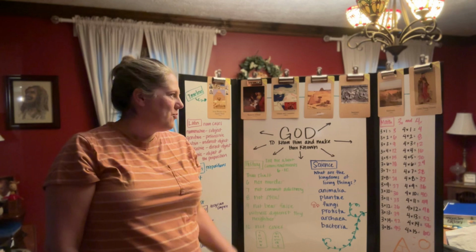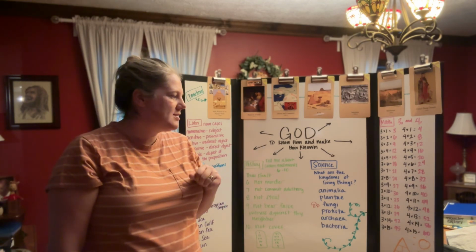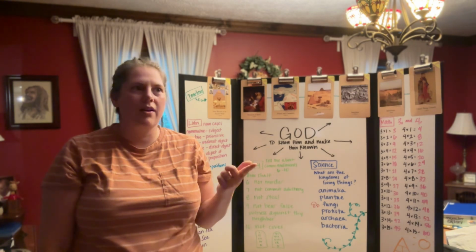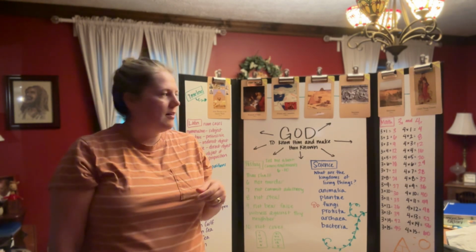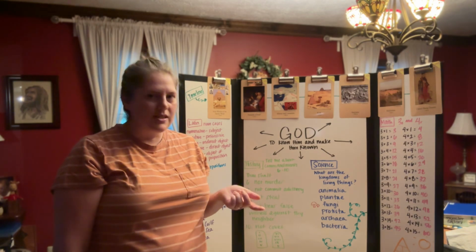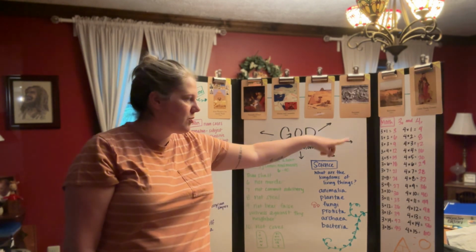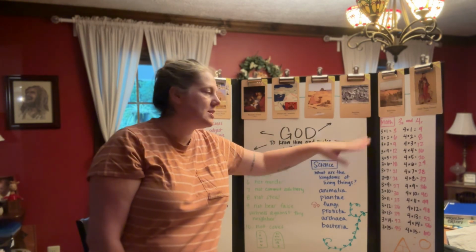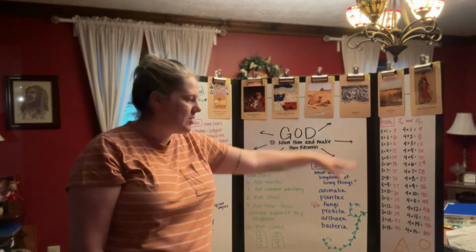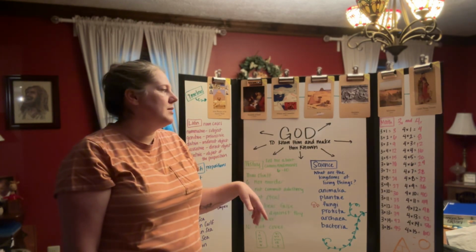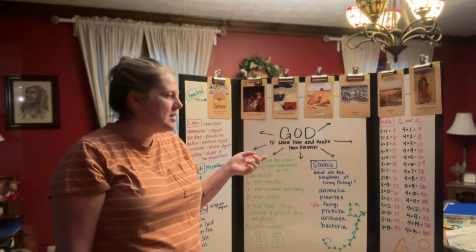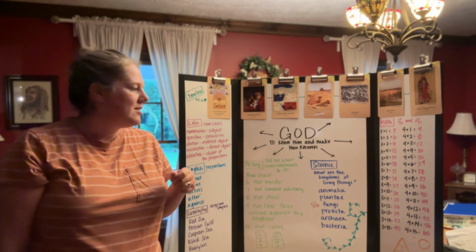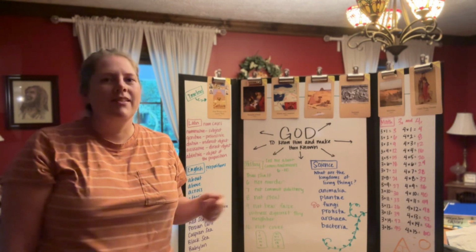And then for math, we did the 3s and 4s. We just did those to the songs that CC provides on their app and on their soundtrack. It's also on CC Connected. So for the 3s, we spoke through the facts one time, 3 times 1 equals 3, 3 times 2 equals 6. Went through the whole thing. And then we just did 3, 6, 9, 12, 15, 18, 21, 24, 27, 30, 33, 36, 39, 42, 45.